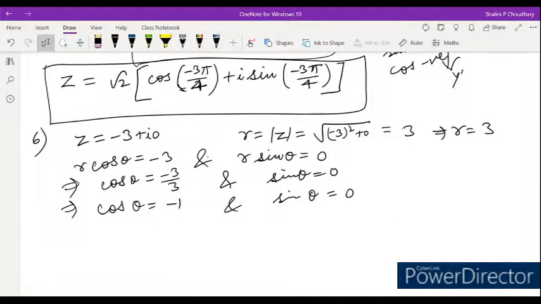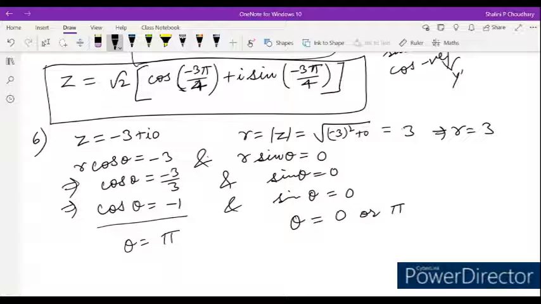So sin 0 is 0 and sin 180 is 0. So sin का value, I mean for this one, theta will be equal to या तो 0 होगा और pi होगा, okay, या फिर minus pi. But in case of cos की हम बात करते हैं, cos 0 is 1 and cos pi is minus 1. So either it can be minus pi or it can be pi. So we'll choose pi. So theta will be equal to pi.